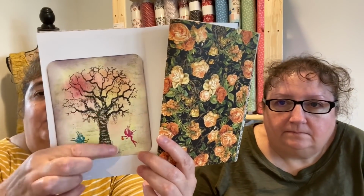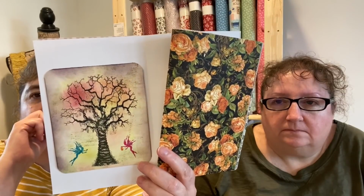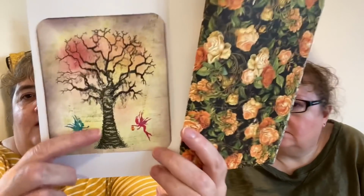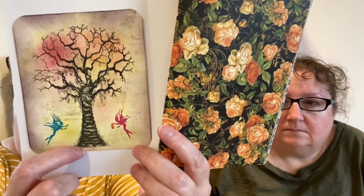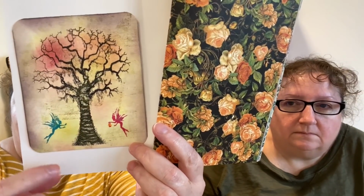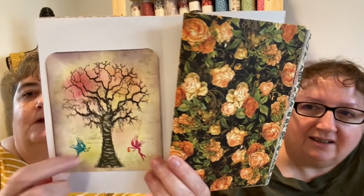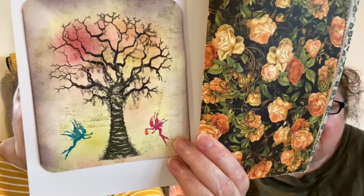And then I had the same problem with my tree that Mary Beth did. It didn't stamp all the way. But I kind of drew it in with black marker where it didn't join. And then the vine was all white, but I colored that in with green, so you can see the vine climbing up the tree. And then the fairies are just brighter than I wanted them. It's my one thing against it right now. I think that actually adds to it because you've got the muted background and then the fairies pop. Yeah, I just didn't want them to pop quite that much. Oh, I think they look really good. I love them. And I gave them a little bit of glitter in their wings. And I colored in her lantern. All very small details, but...